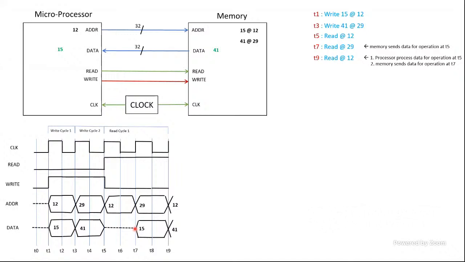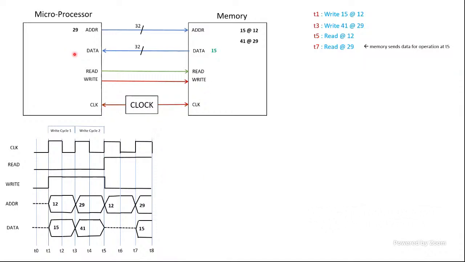So when it is presented to the microprocessor, it needs to be there on the data line till the next rising edge of the clock to make sure that data 15, remember this was 15 being sent over here,